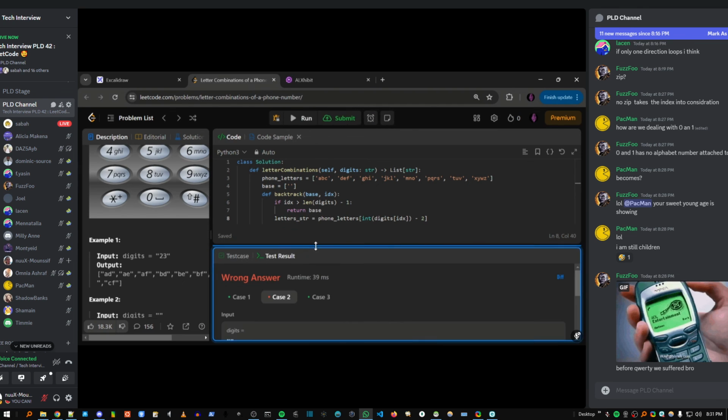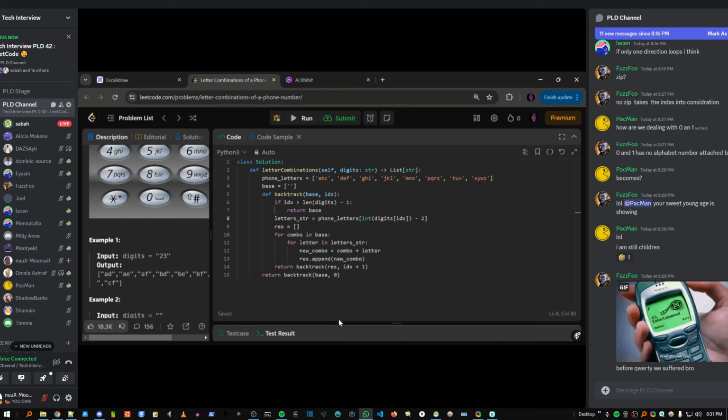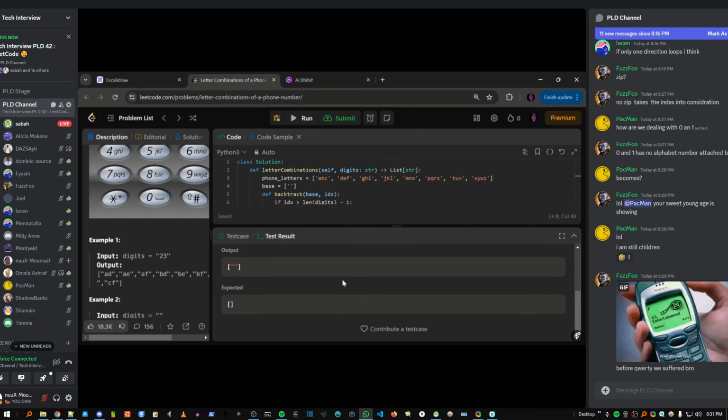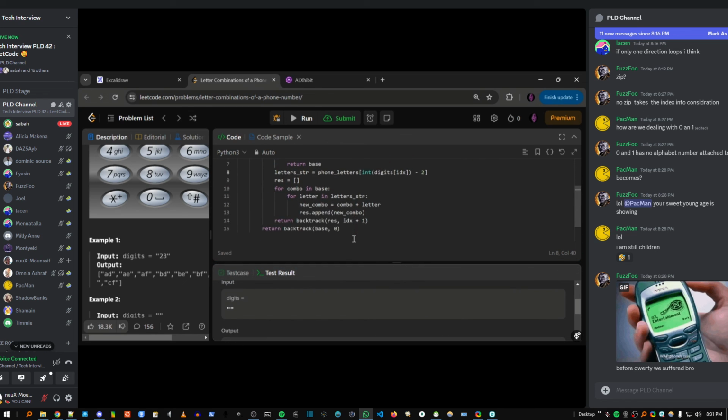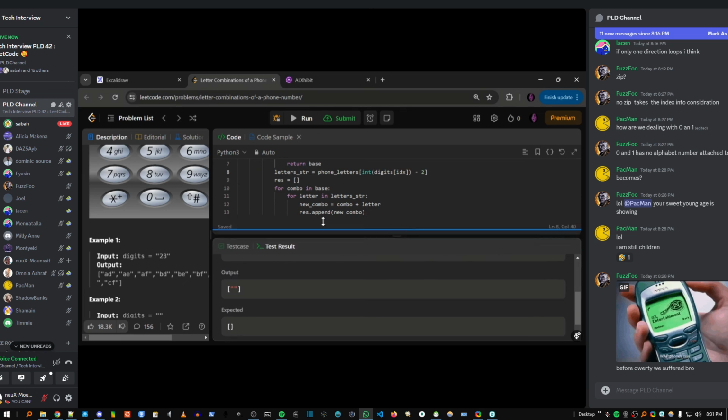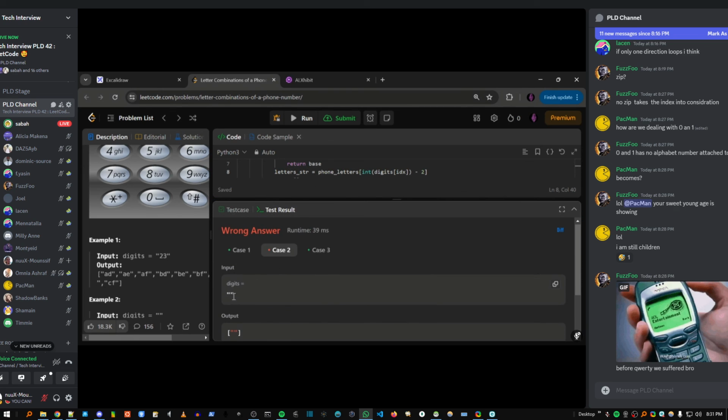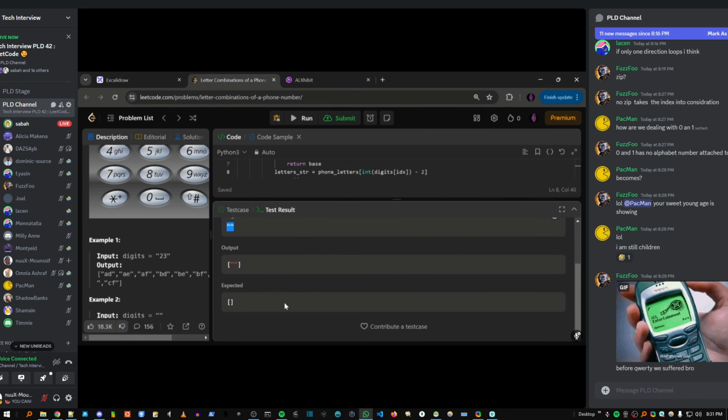Okay, so does this make sense so far, before we actually move on? Now the base, they give us an empty string and we should return an empty array. But instead we returned an array with